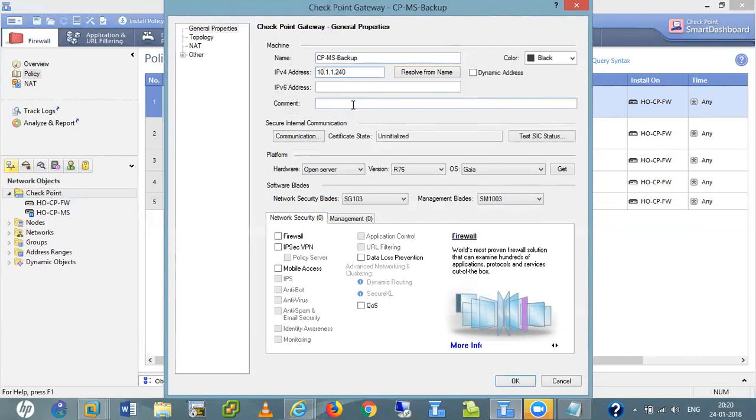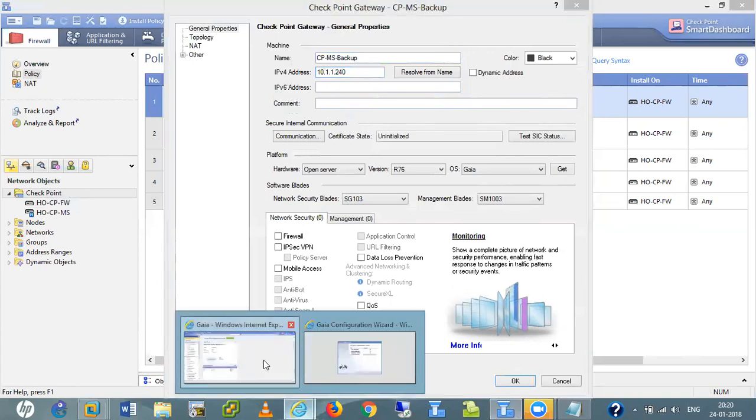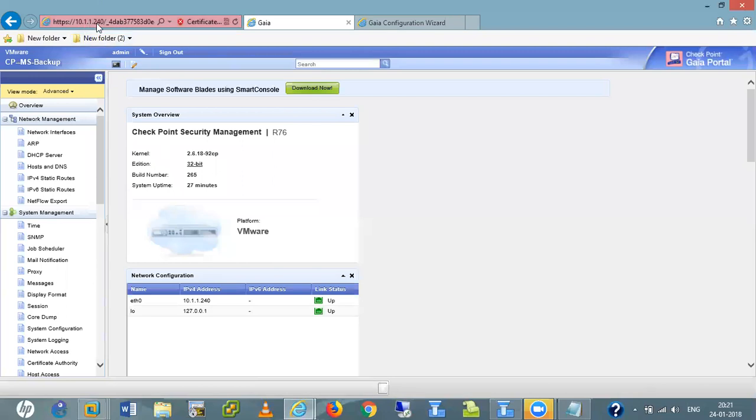The dot is not visible. It's 10.1.1.240. You repeat that once again. Open that smart console.